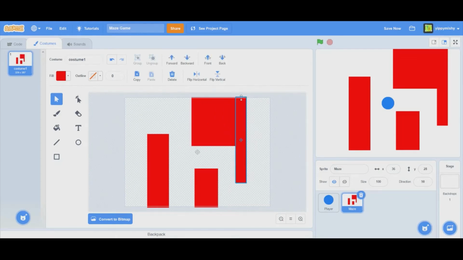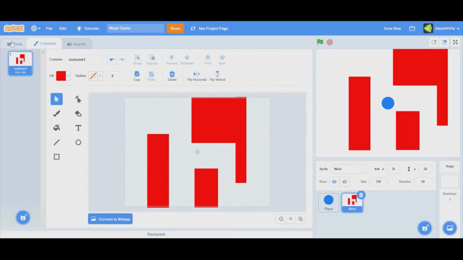So I think this is my whole maze actually. You can pause the video and make it more if you like. This is all you really need. So you can see that we go down here through the passage and up here. This will be my end point.